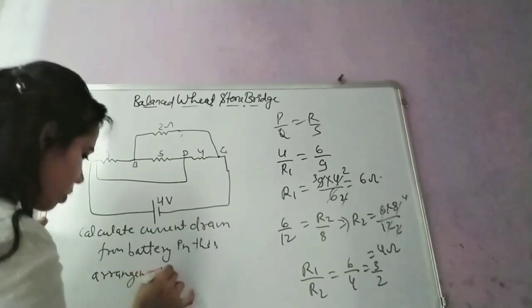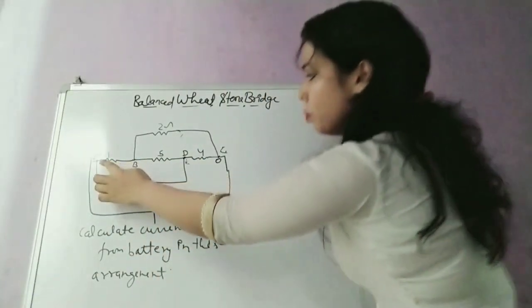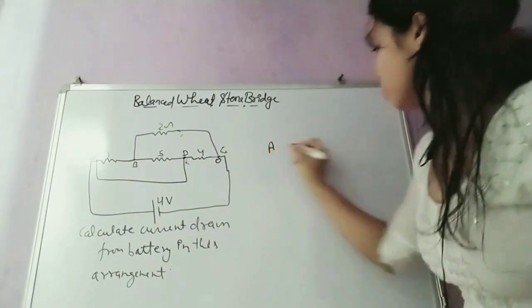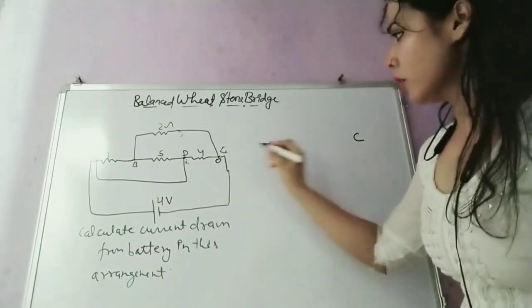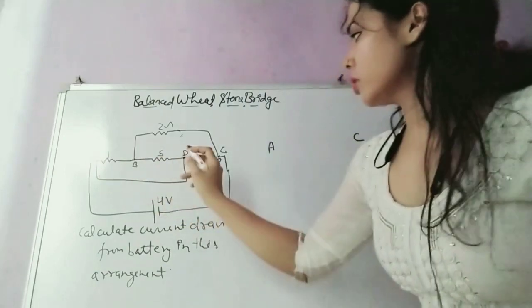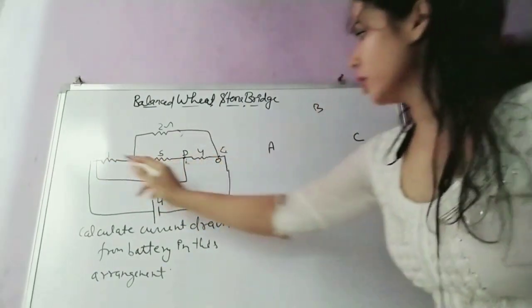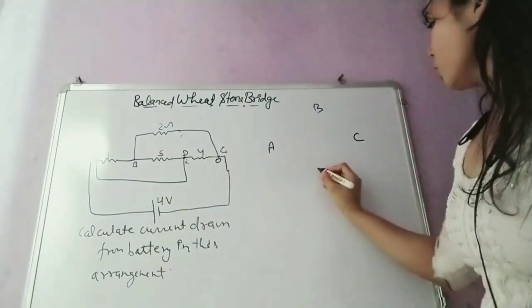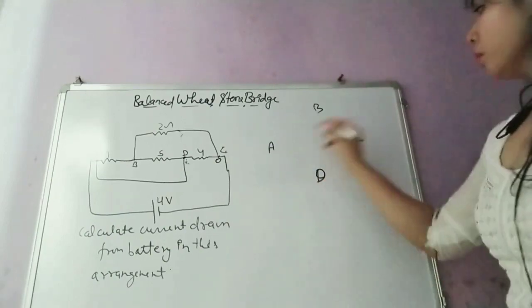Okay, now I am going to draw the diagram for it. Now see, the potential at A. I am drawing this A and C. These two terminals I have made, okay. Now between A and C, what are the terms? See, A and B. Suppose we make B here. How many terms are there? A, B, D and C. So A, B, C and D.